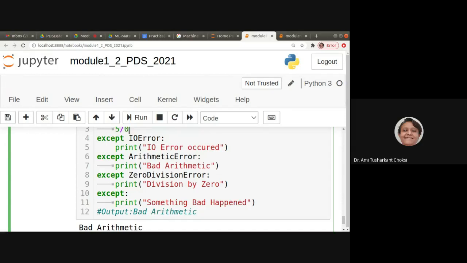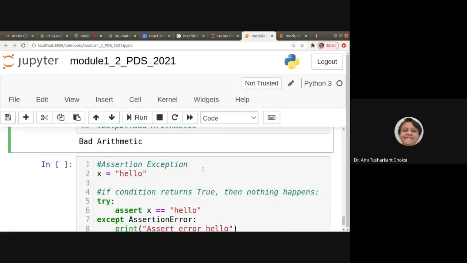But if the sequence is there, then this will be called first, then any other can be done. IO error has nothing to do with this code, so that will not be called irrespective of its sequence. Okay.